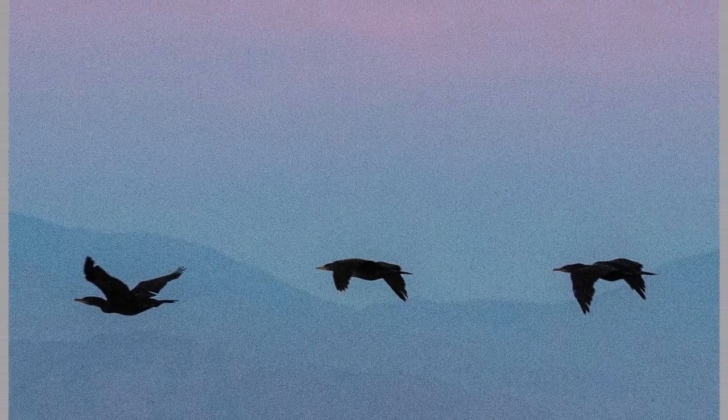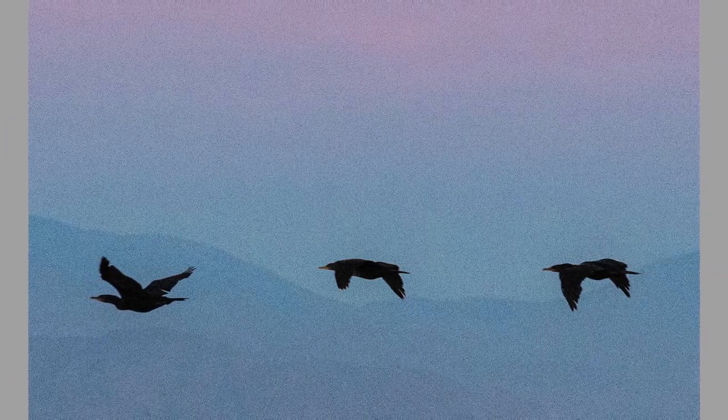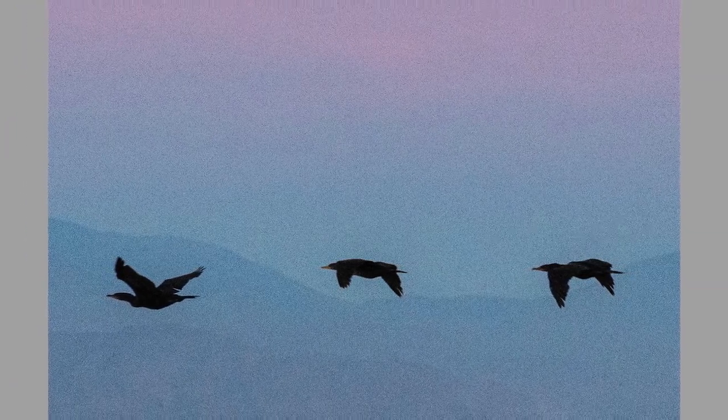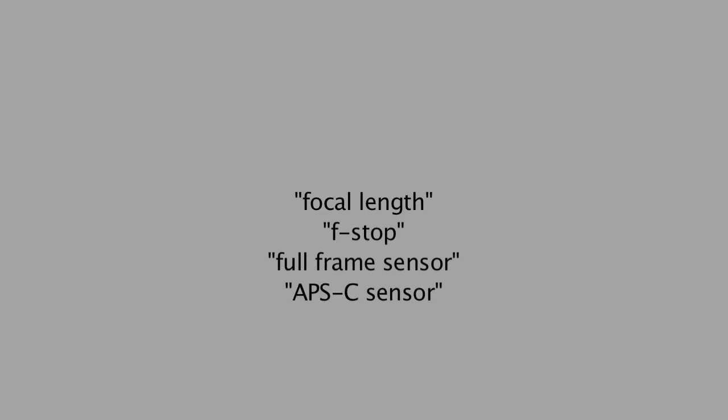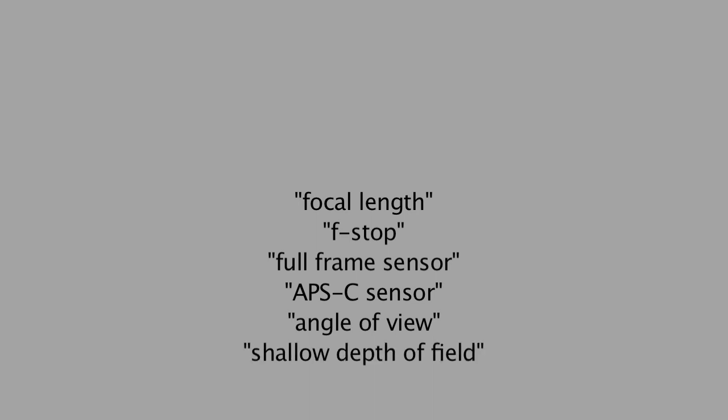Many of us have had to fight with this. For those of you who are already familiar with how lenses are often labeled with what's called a focal length and with what we might call a lowest achievable f-stop, and understand those technical camera-related terms and others like full-frame sensor, APS-C sensor, angle of view, and shallow depth of field, I want to briefly discuss something with you. And even if you don't understand those terms, feel free to see how much of my brief discussion you do